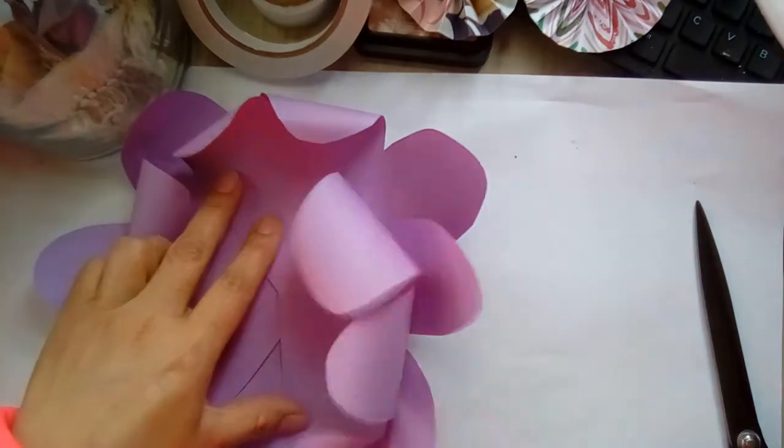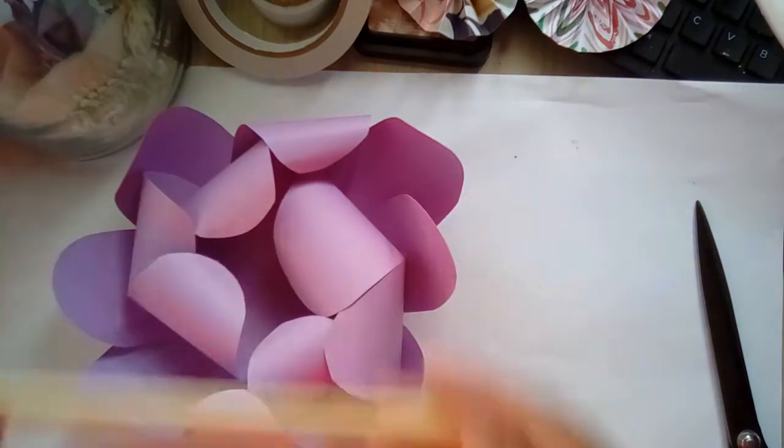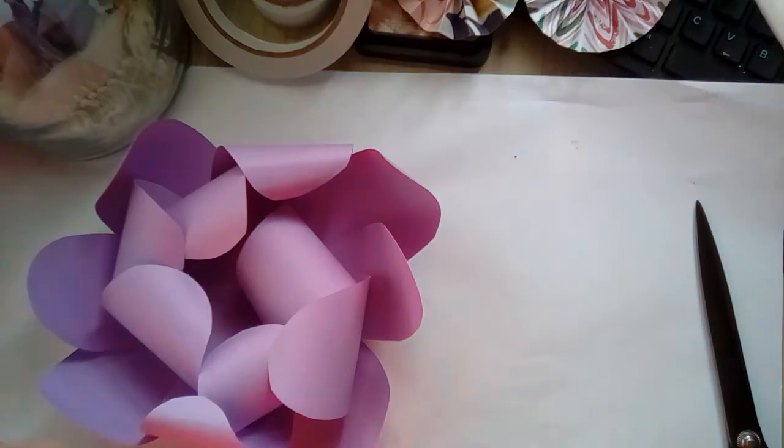But look at this curl. Absolutely amazing. And all done with this tool right here. I just can't get over it. See, I think of stuff, stuff comes to me. Anyway,